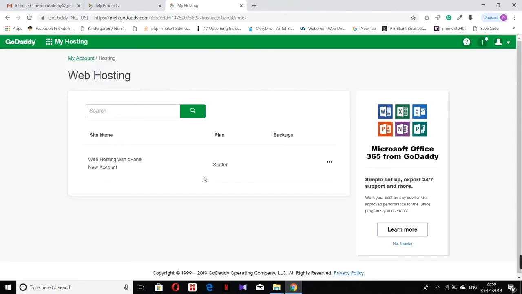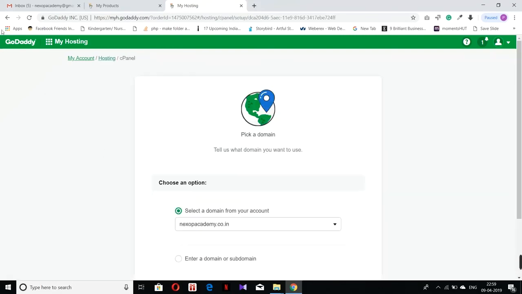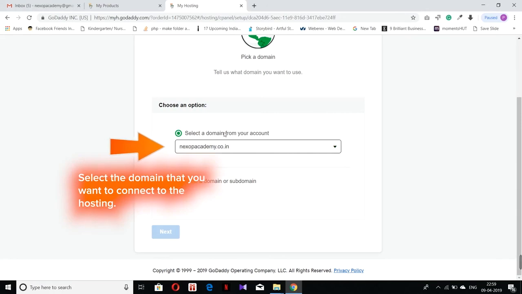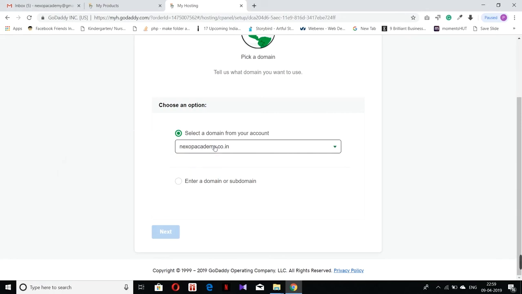Domain and hosting are ready. So basically now what we have to do is add the domain and hosting in our GoDaddy account, and set up the website. For that, just click on the hosting link now. When you click on the hosting link, you can see that they are asking for a domain which will be linked to the hosting. I have selected this domain from my account. I will just click on the next button.